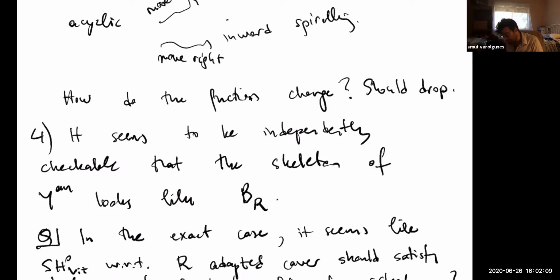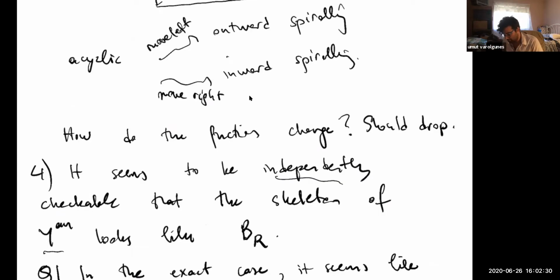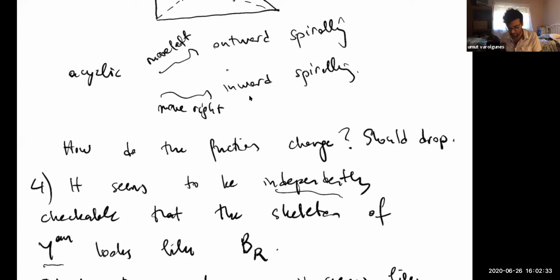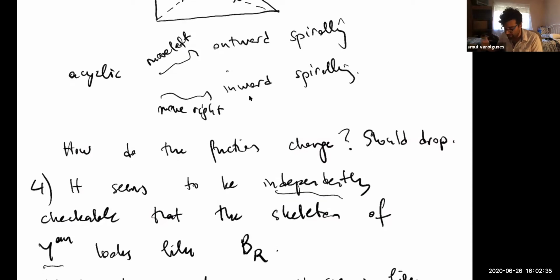It also seems like it can be independently checked that this analytification of the Looijenga interior over the Novikov field has a skeleton that indeed looks like B_R. I asked this to two experts. One of them said it seemed true, and the other one had an argument for it. This would follow from what I said if my conjecture is true about Y_R, being the analytification of the Looijenga interior. Okay, I stop.